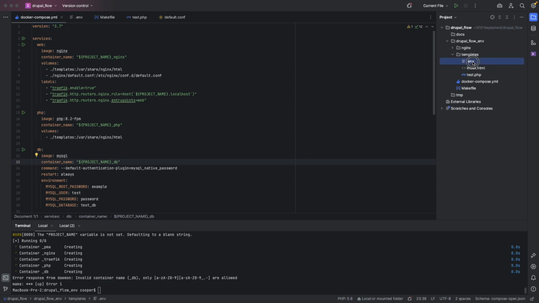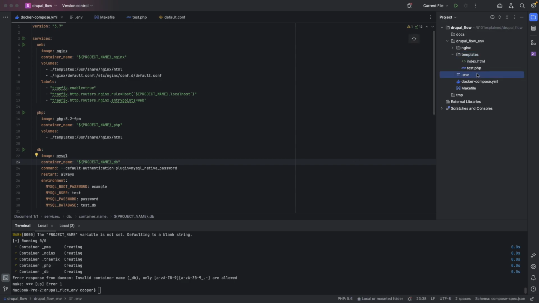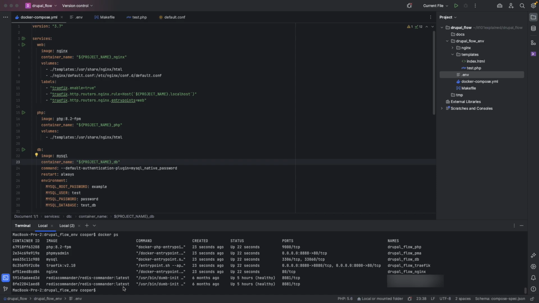It has to go alongside the Makefile, so it has to be root. Yep, now it's there. Make. Yep, up and running. So we have the names that come from our variable, and Docker PS. Yep,